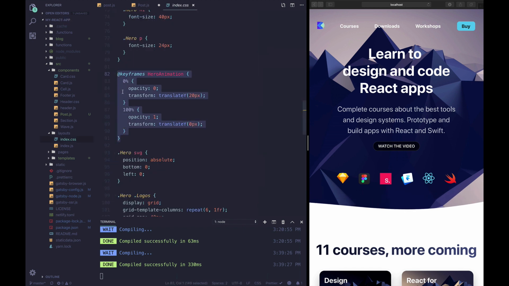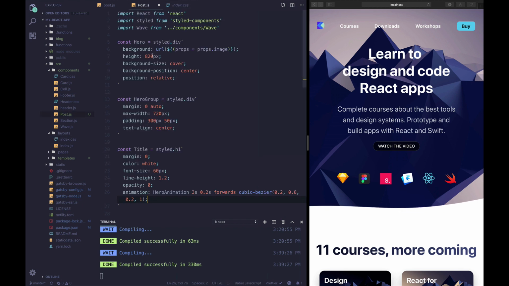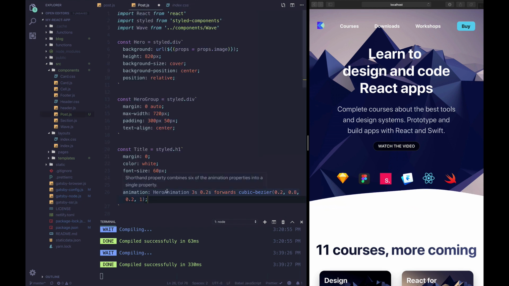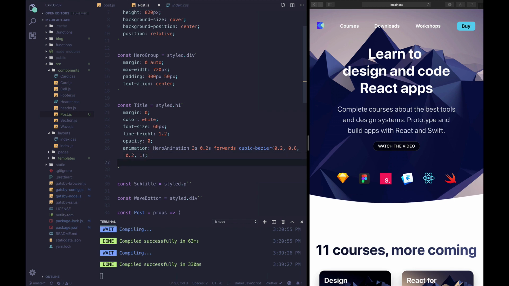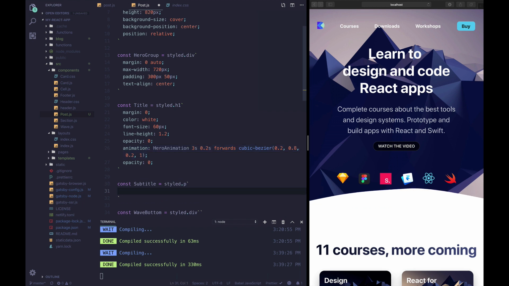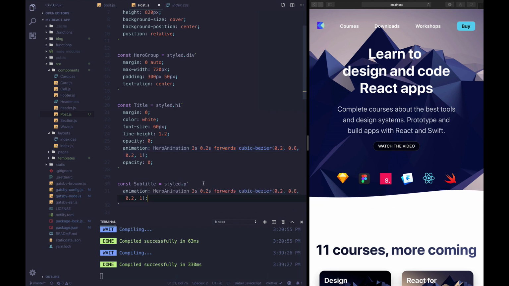I'm just using the same animation, and I'm just declaring it right here. I'm also gonna add an opacity of 0. This is for the animation, so it starts out with an opacity of 0 and then it transitions to a full opacity. Now I'm just gonna copy this, and this is gonna be the same for the subtitle,